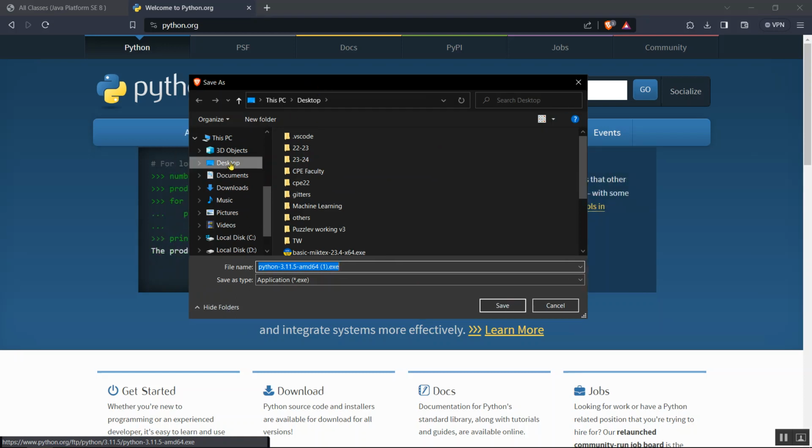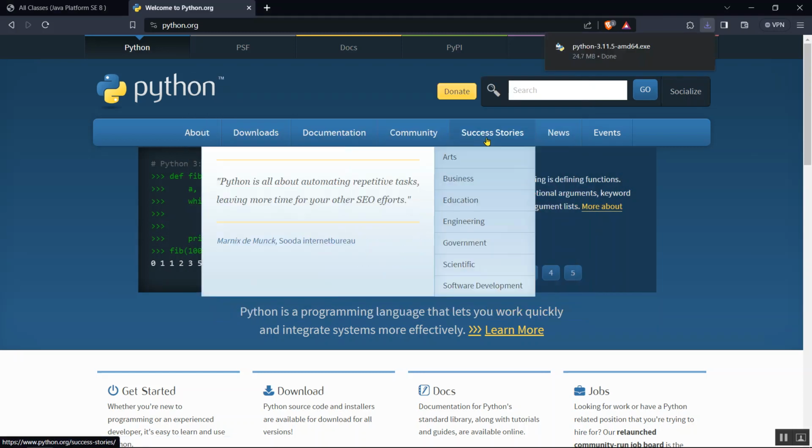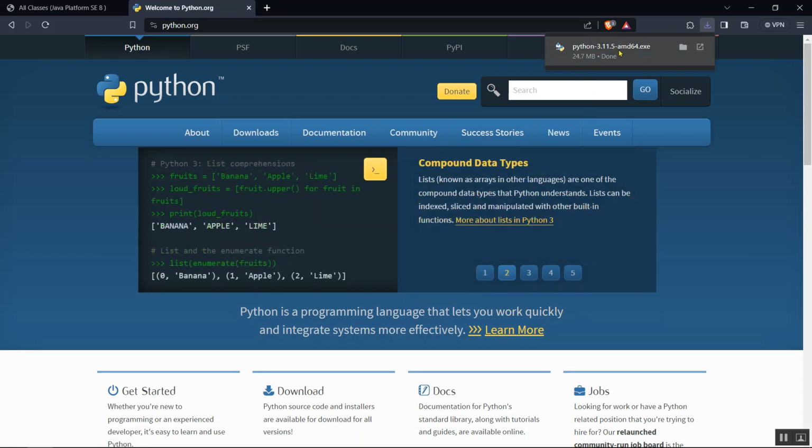So for now, I'm gonna choose desktop, and make sure that you memorize the path on where you save the installer. So I'm just gonna hit save, and then that's it. So once it's downloaded, you have to click it,